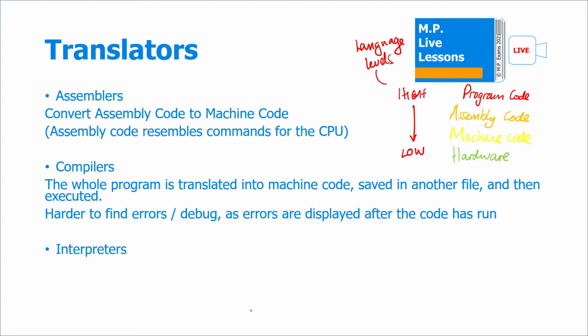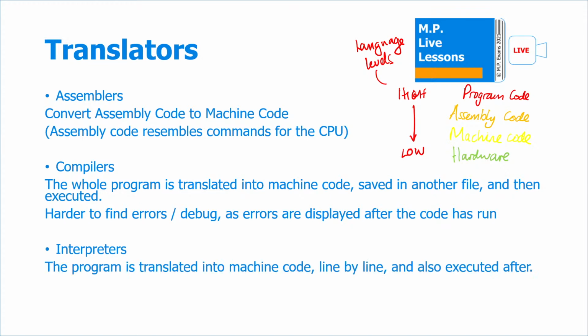Lastly, you'll need to know about interpreters. Now, the program is also translated into machine code, but it is done line by line and executed after. For example, it will look at the first line of code, translate it into machine code, do it, and then the next one. Now, it's slower because you have to decode and execute very slowly, but it's easy to find errors because at the moment when you find an error,